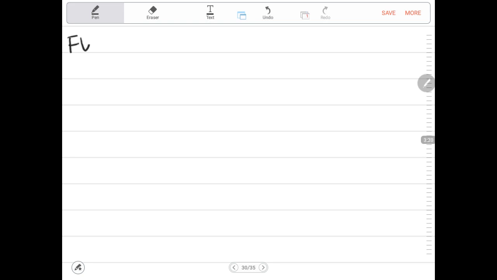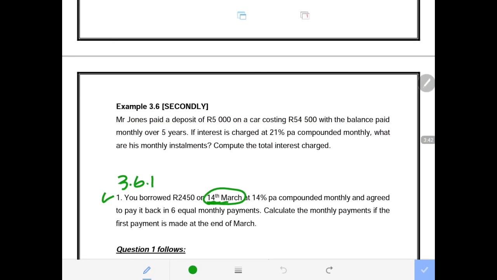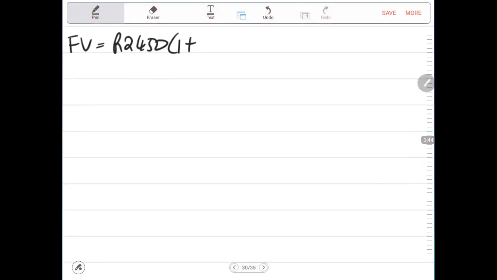We are calculating the future value at the end of March, where we borrowed 2,450. 1 plus how much is the interest rate? The interest rate is 14% per annum compounded monthly. So now this will be 0.14, then we multiply 0.14